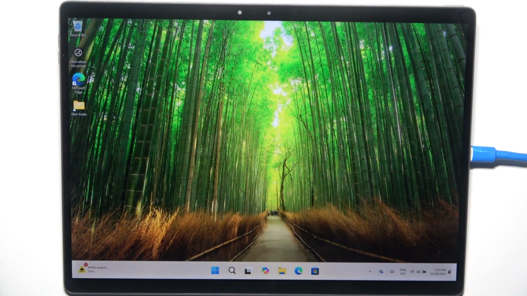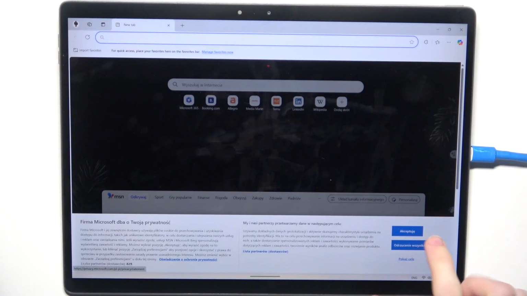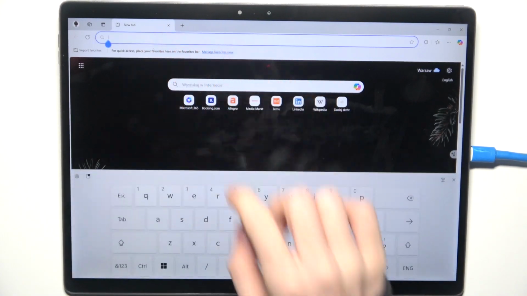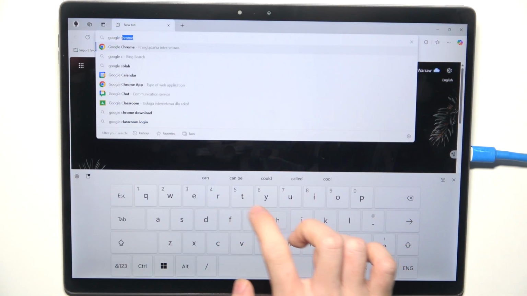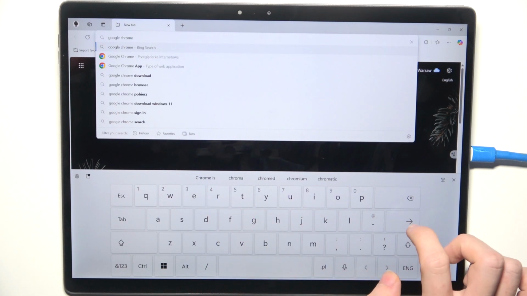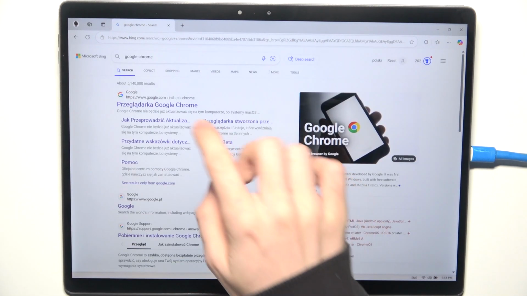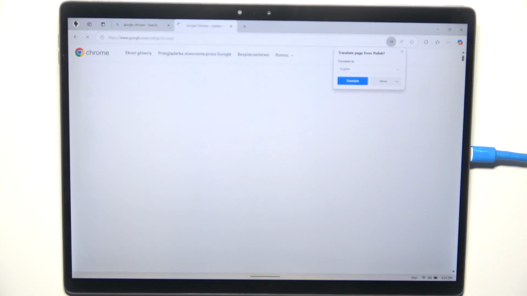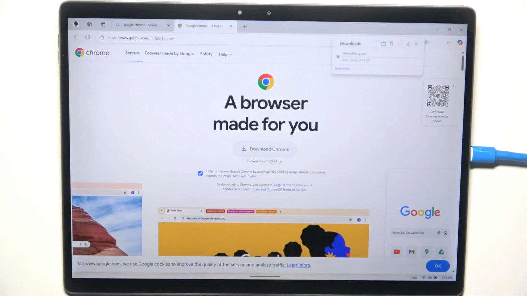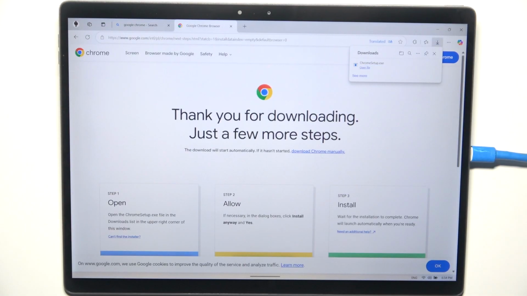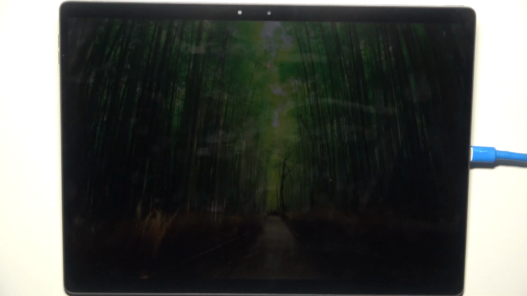To do it, go to any browser that you currently have. By default you should have the Microsoft Edge, so I'm gonna open that and then click here and search for Google Chrome. Enter, and then I'm gonna open the google.com and then click on download Chrome. Now it's downloading the Chrome and you can click on the file right here, then click